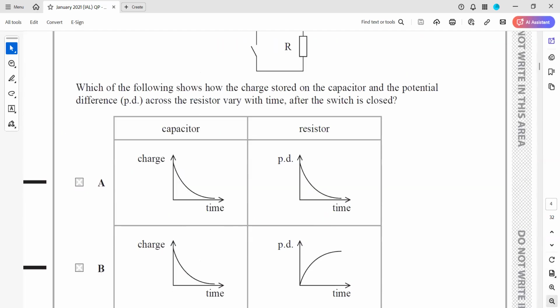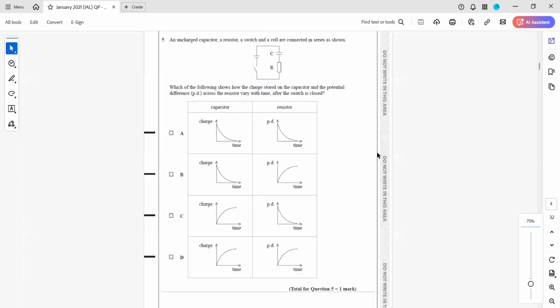Then a capacitor is there, which one shows a variation of a potential. An uncharged capacitor and a resistor switch. Which of the following shows how the charge stored in the capacitor and the potential across the resistor vary? Look,